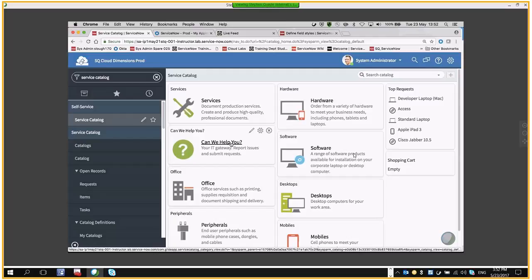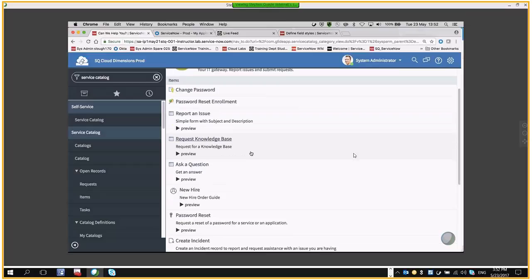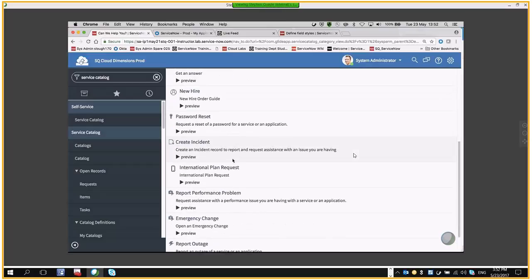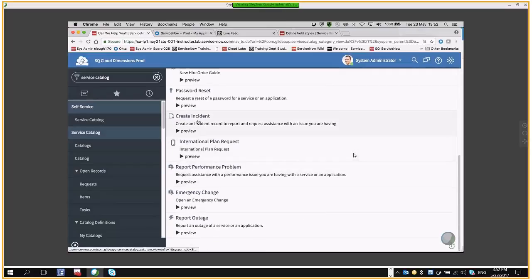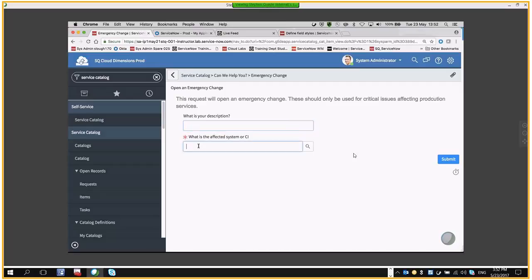We might not have an example in here, but again, you could do this. You could just create standard change from here. Actually, you've got emergency change. Let's take a look at this one. What is the affected CI on the system? That will create a record in a change request table, and that will then just follow the standard change request